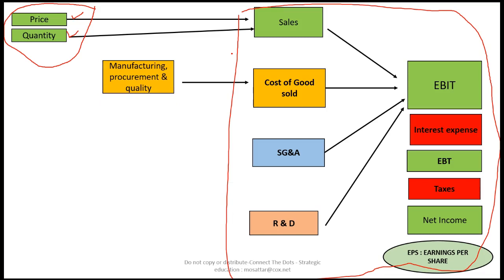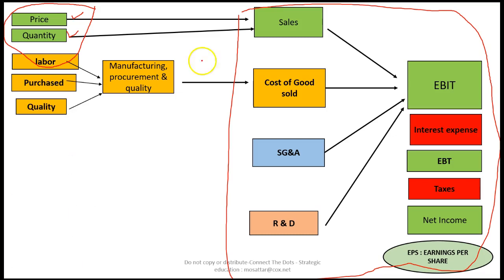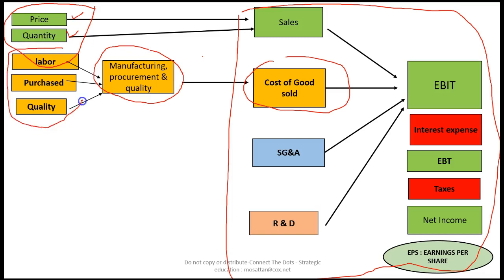Obviously, the cost of goods sold is coming from manufacturing, procurement, and quality costs. You have labor costs, you have purchasing costs, and obviously quality costs and costs related to making it. So if you are going to be focused on improving cost of goods sold, then obviously you're focusing over here. But then your strategy needs to be related to these pieces, either one or all. So you have to be very, very clear in what you're going to do and how much this or this or this will get better.